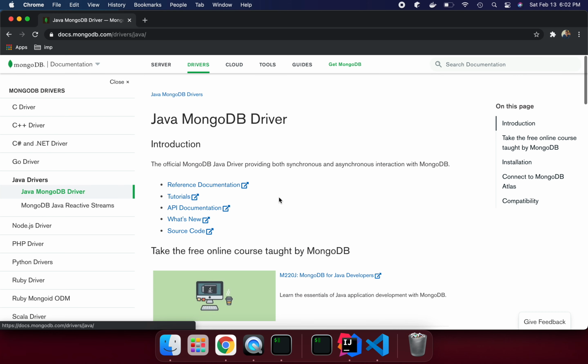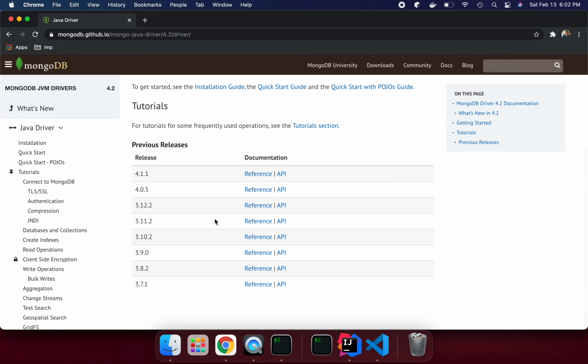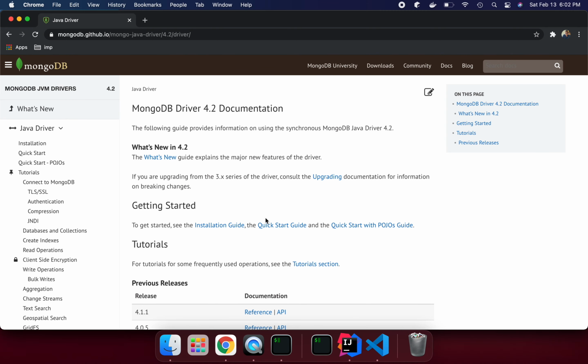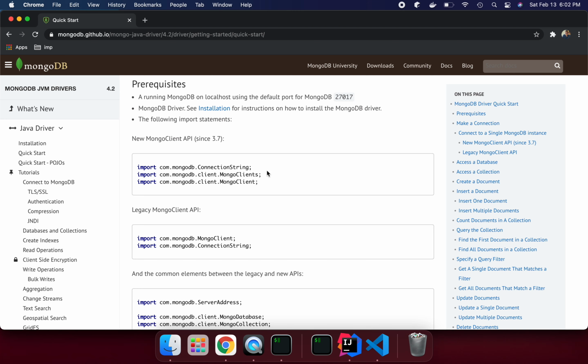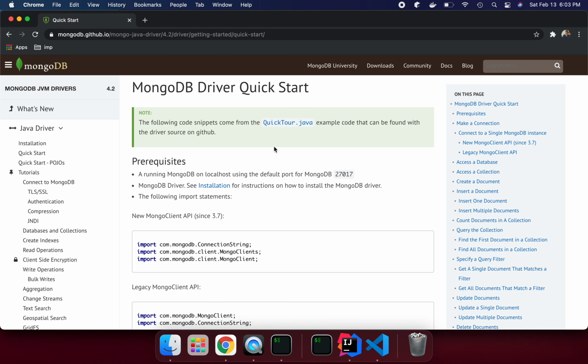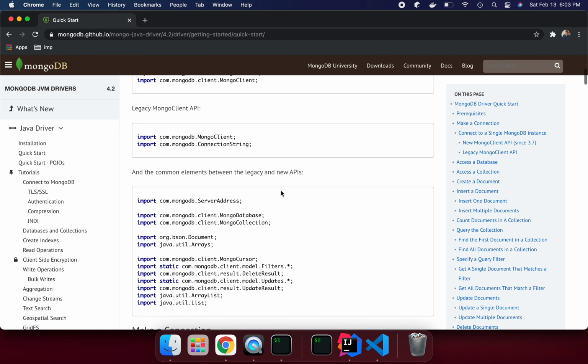And what code? Suppose you want the code reference, the reference document. We can try the getting started or quick start guide to see how we can do those things. We need libraries, which are already written classes, and we need to do the installation of the Mongo drivers. All these steps are here.